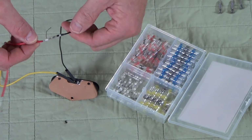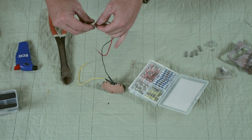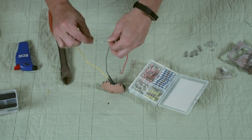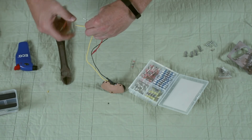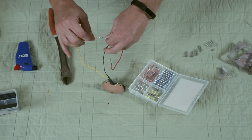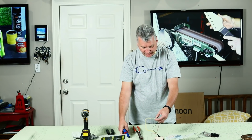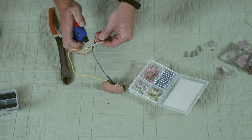Now we're going to want to let that cool, and we're going to take another one and do the other connection. And you want to put your wire all the way through until it's in the inside, in the middle of that little gray part. The little gray or silver bit in the middle is the actual solder. So you want the exposed part of the wire to be in there, so that when you melt the solder on top of it,